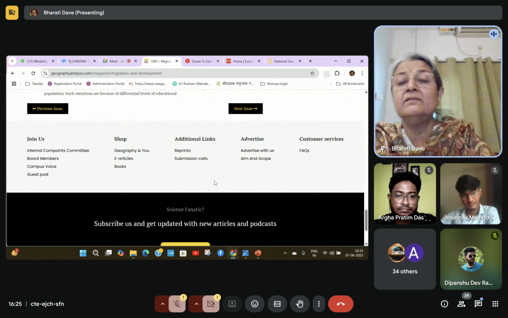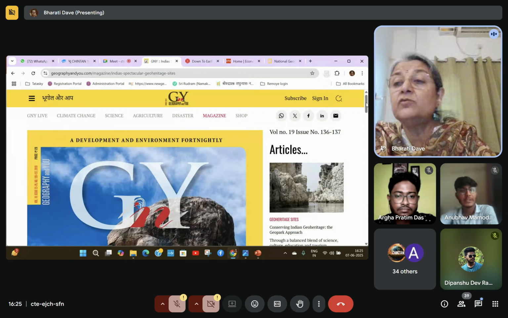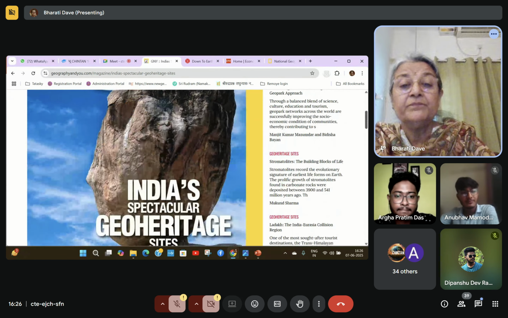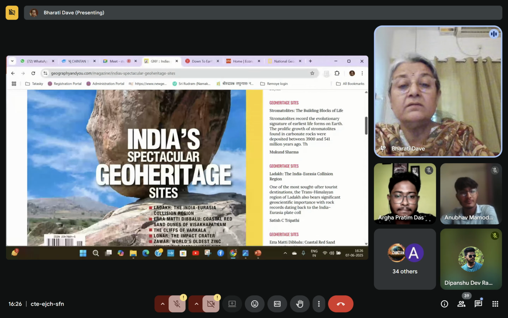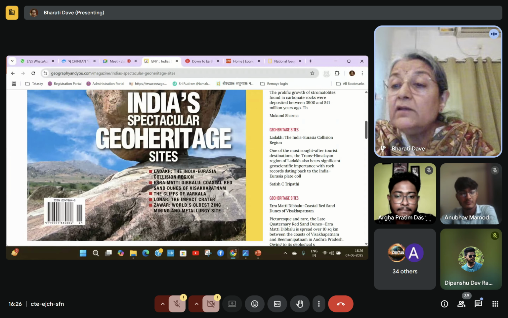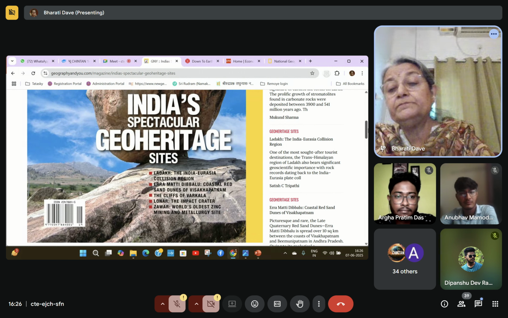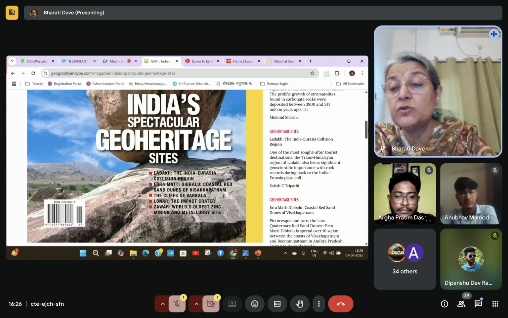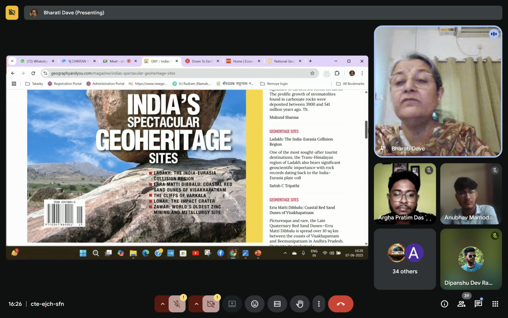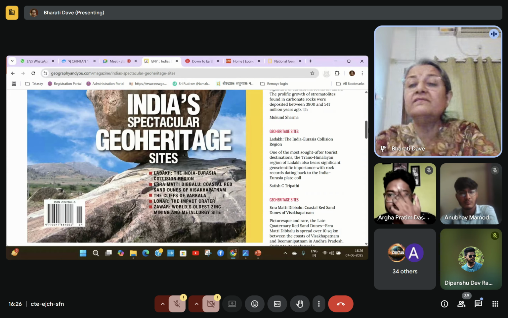If you want any magazine you want, what are the different topics, like you say next topic में क्या है, next is on India's spectacular heritage sites. Now if you want to write on anything, of course these are very interesting, and they're well written, well researched. So it's a must for every geographer to read them, geographer or anybody else also who's interested in such topics.